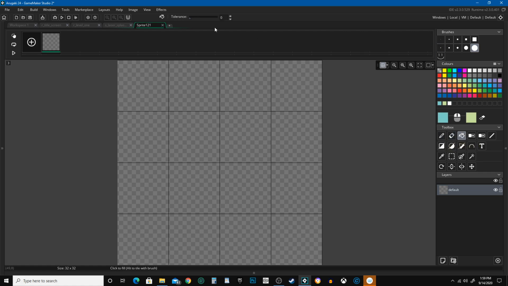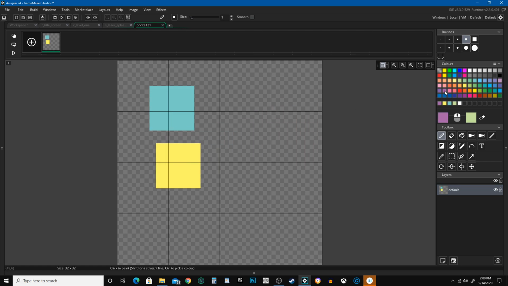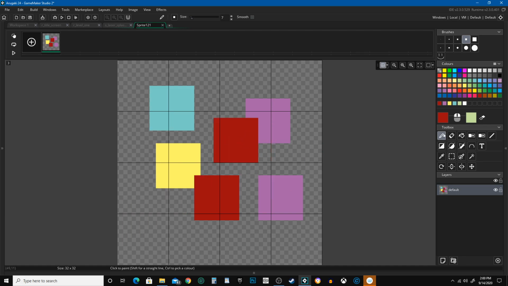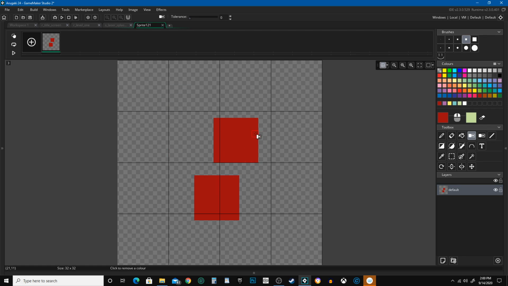This is an interesting one. Let's see, we're gonna go with this. Turn smooth off. We're just gonna get some random color blocks. This next tool is called color remove, and you can use the hotkey H to use it, and it will get rid of any unique color. And if you've got multiple colors that are very similar,